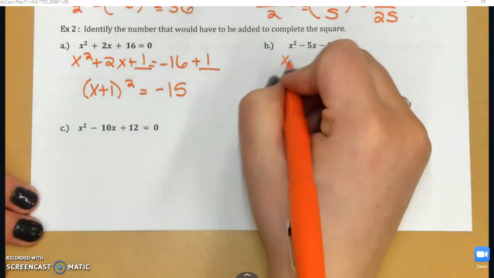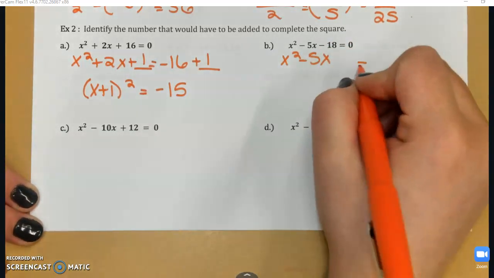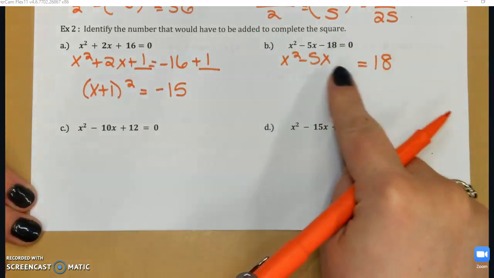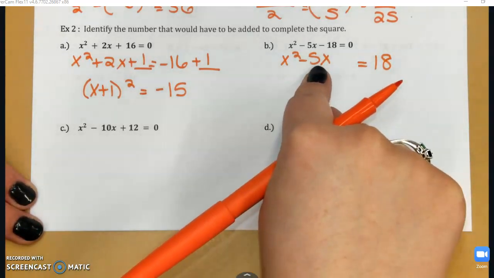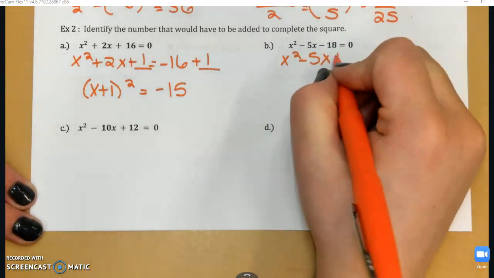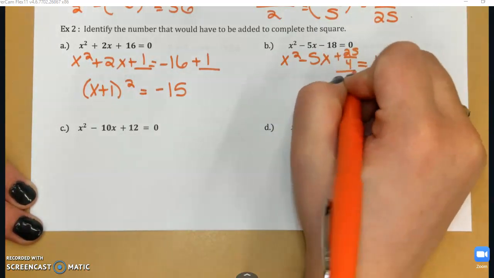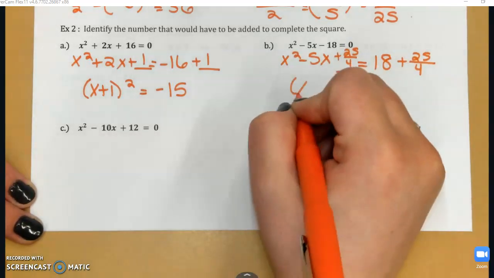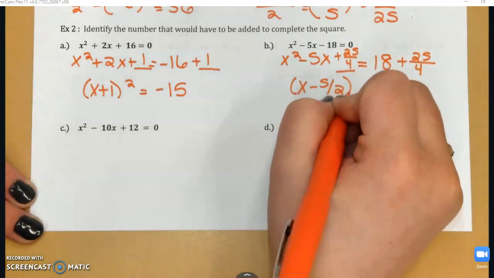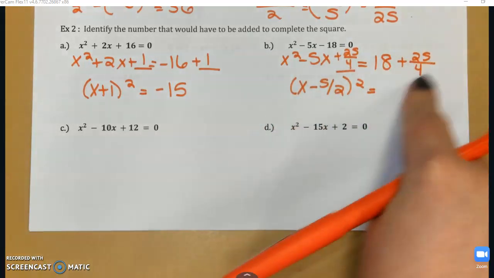Move my constant to the other side. And I want to make a perfect square trinomial. So half of negative 5 is 5 over 2. 5 over 2 squared is going to be 25 over 4. And if I'm adding it on the left, I need to add it on the right as well. So this is going to be x minus 5 over 2 squared is equal to,